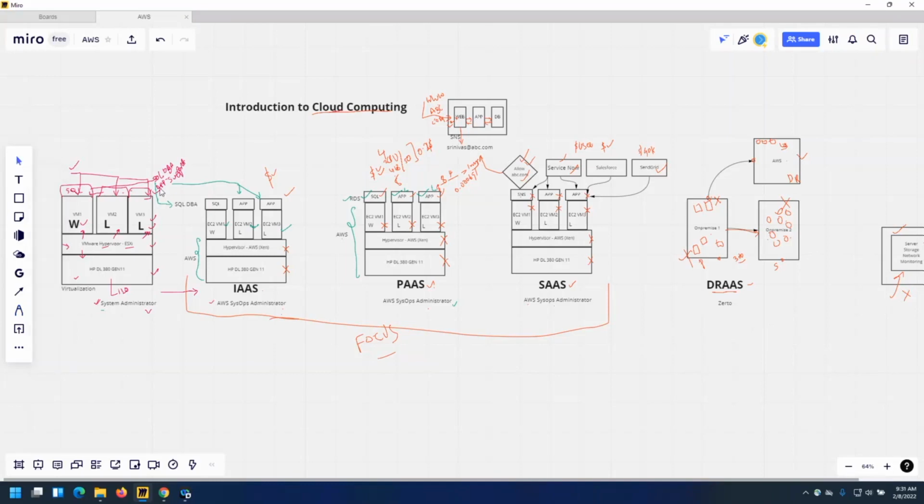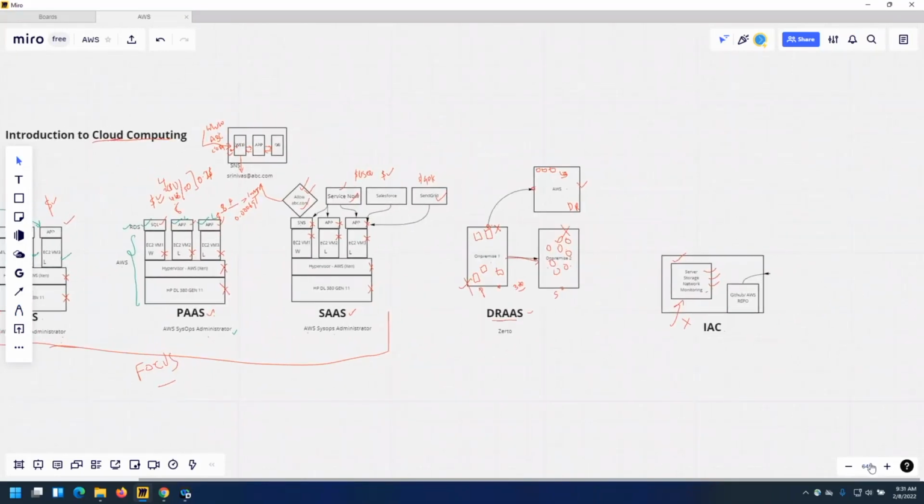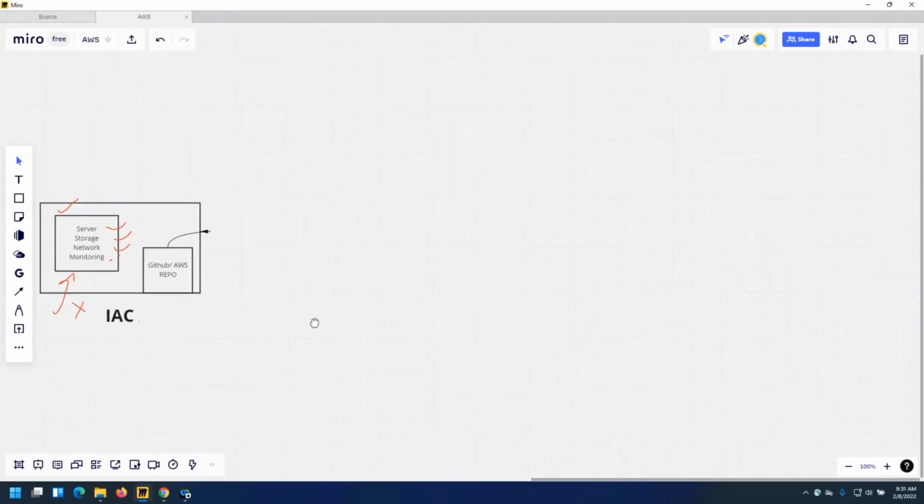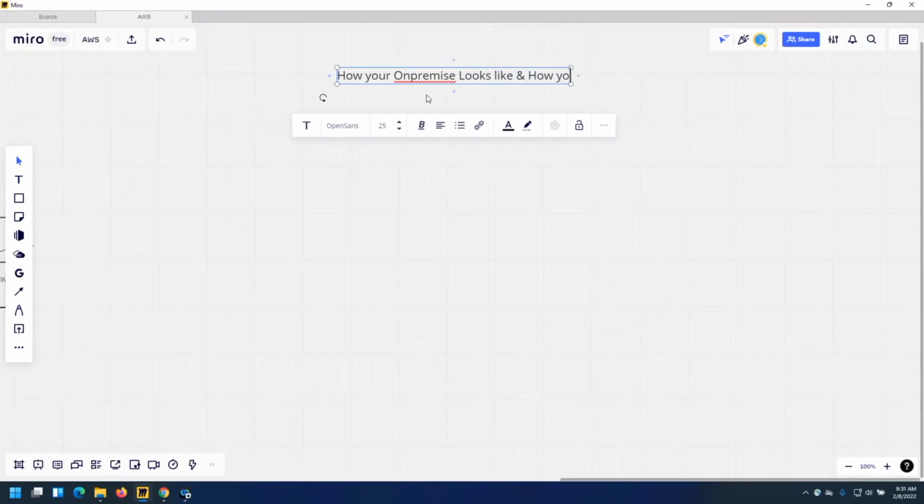So for tomorrow, what we will do is understand how your on-premise environment looks and how you will use the same thing in AWS.